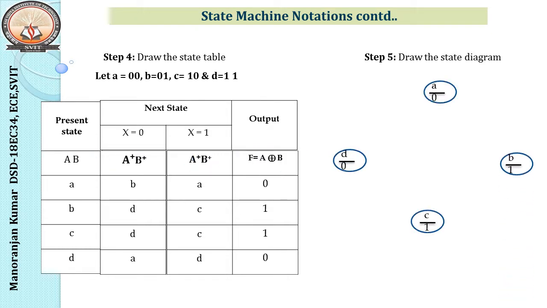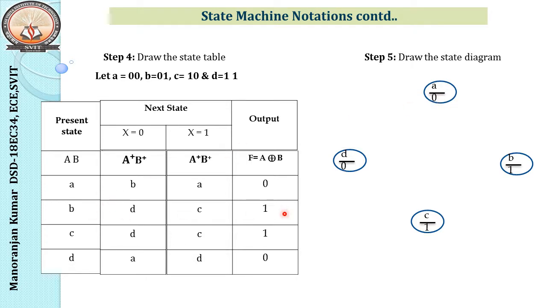One more difference you have to see is that in case of Moore, since the output does not depend on the input, the transition will not have both input and output value. In this case, we'll write the output of the particular present state inside the circle. So each circle represents a state. What will happen for A? What is the output we have? 0. So that's why we have written A bar 0.